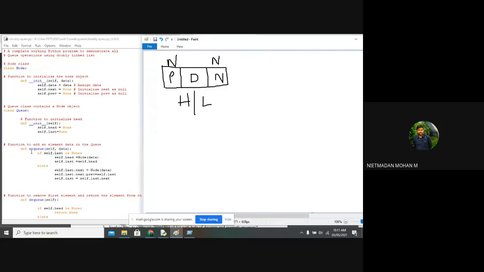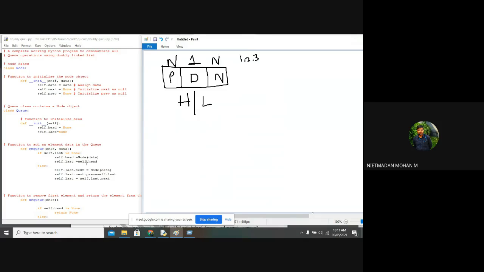So in the third step, first we want to find whether the last is none or not. Here the last is none. So self.head is equal to node of data. So here the node will appear. It means that the first node will appear. That if suppose I'm going to insert 1, 2, or 3, the head will be represented as 1. So the first node I'm giving as 1. I want to insert in the queue as 1, 2, and 3. The first node will appear as 1.